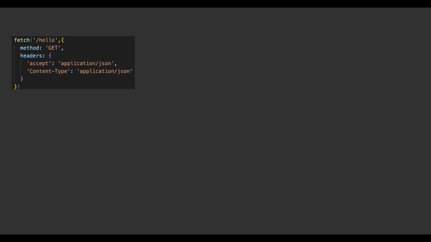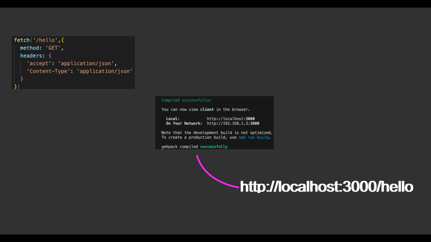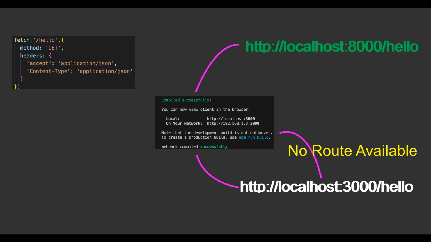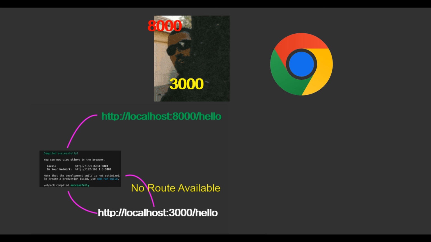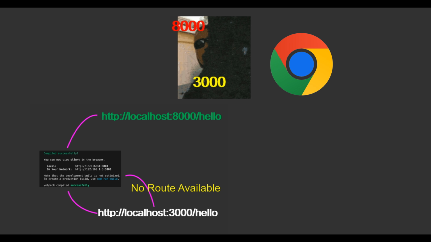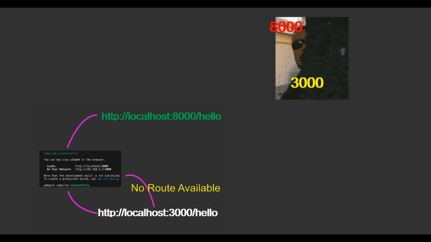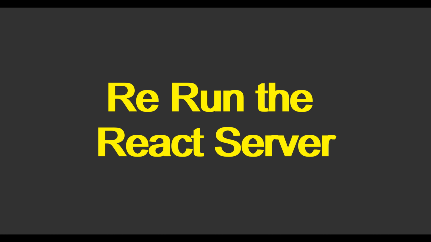It's because when your React app makes a request to the hello endpoint, the development server checks if the app has a page or a route for it. If it doesn't, the request is automatically sent to localhost 8000/hello. This prevents the CORS error because the browser thinks the request is still coming from the same origin, even though it's actually going to another server. By doing this, the browser doesn't block the request and everything works smoothly. After making the changes, try to close the React development server and rerun it.